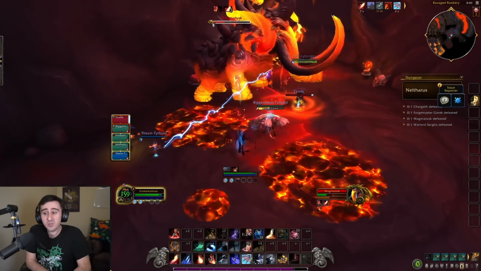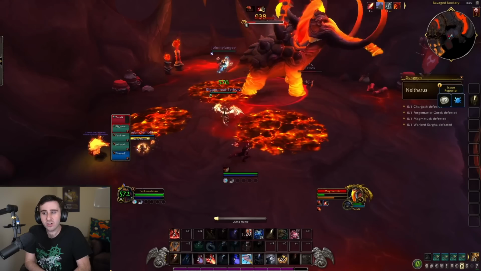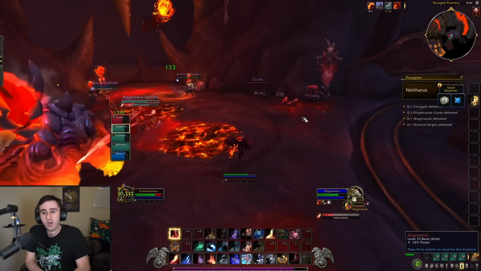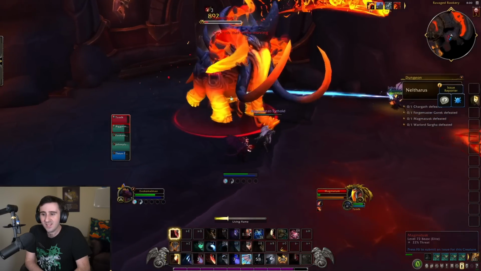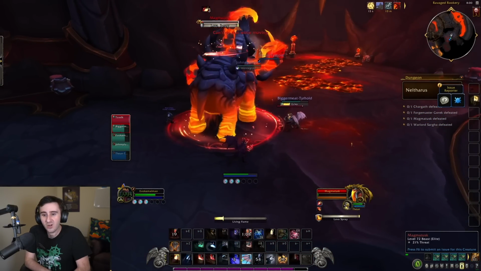Now that lava spray is doing extra damage, and after every time it charges, it's going to start shooting out increasing amounts of lava waves at the group. So the longer this fight goes on, the more deadly it's going to get. There's that lava wave, as you can see, and lava spray, again, doing even more damage now on the